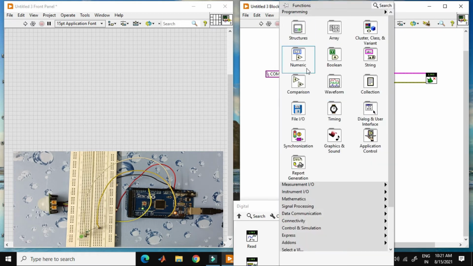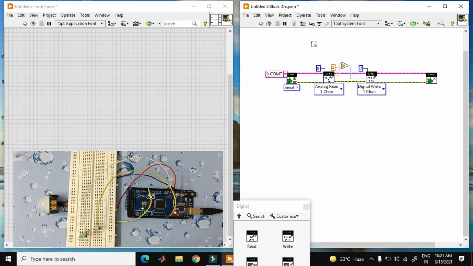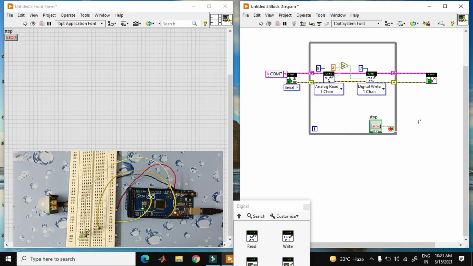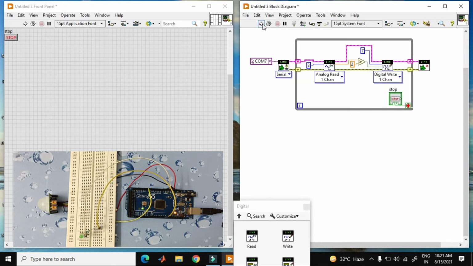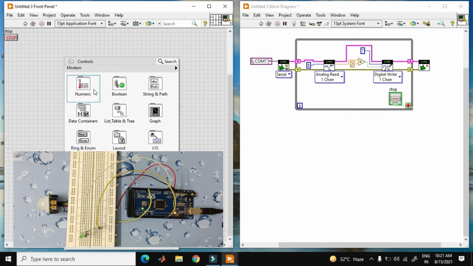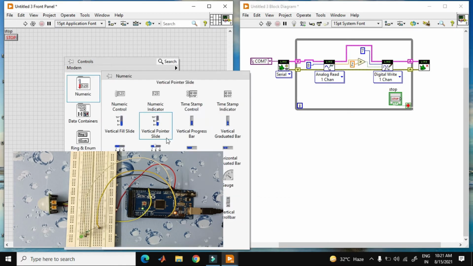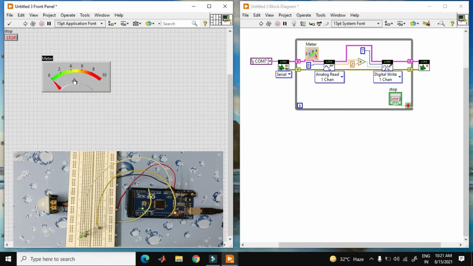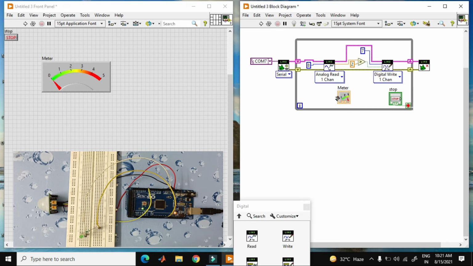So I create a while loop over here for continuous signal reading and generation, Control U. I also create a meter to show the value. There is 5 volt set, and this value is around 3 point something.